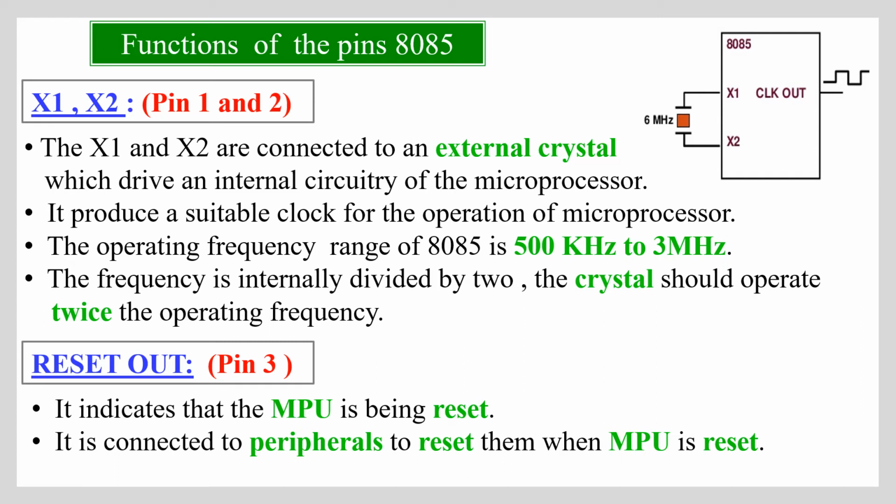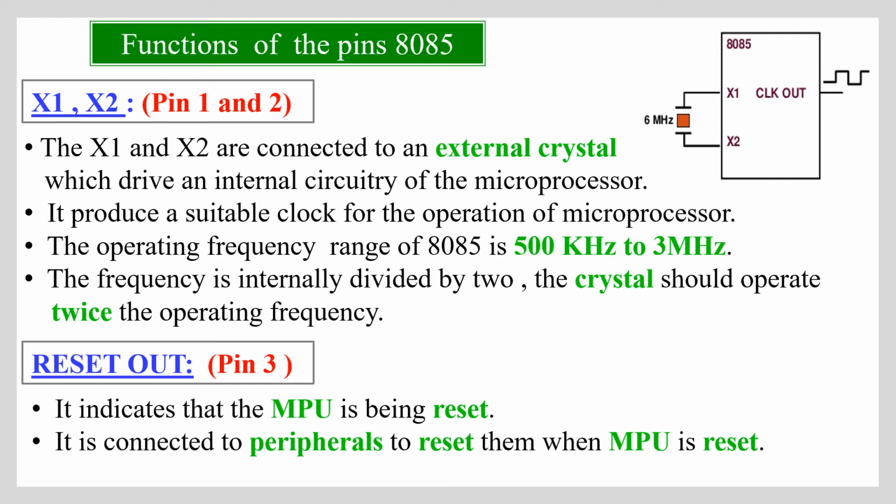Student, let us see the function of each pin in detail. Now you know the first 20 pins, easy to remember. Now let us see the function of each pin. Either a pin diagram will come, or pins will be described: explain the pins for 3 marks. So any 3 pins can be asked to explain for 3 marks, 1 mark for each pin.